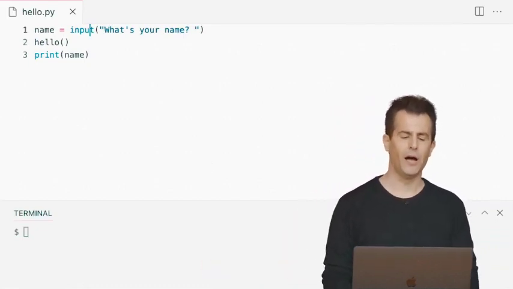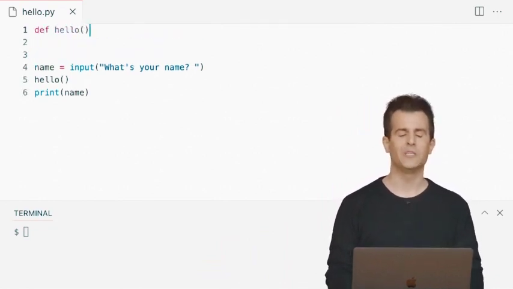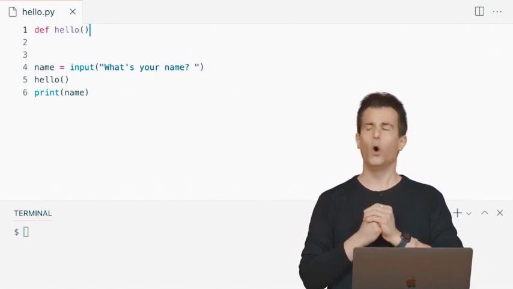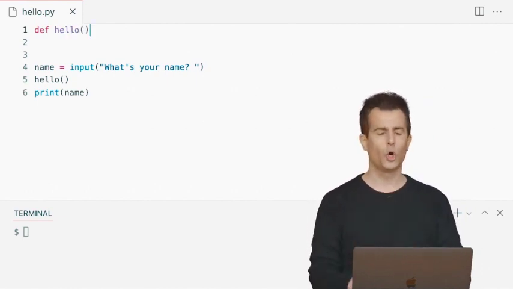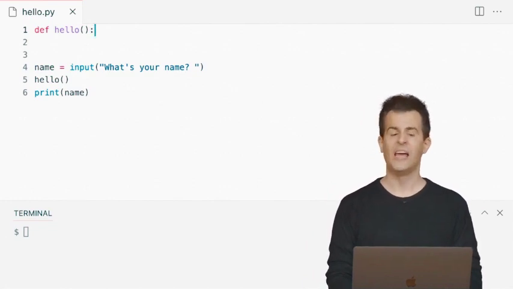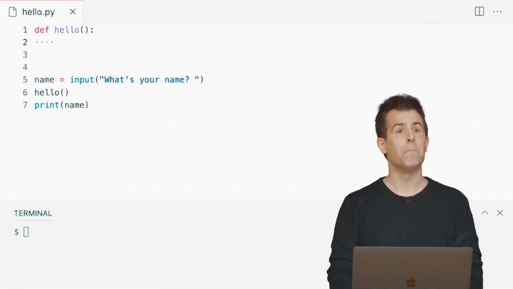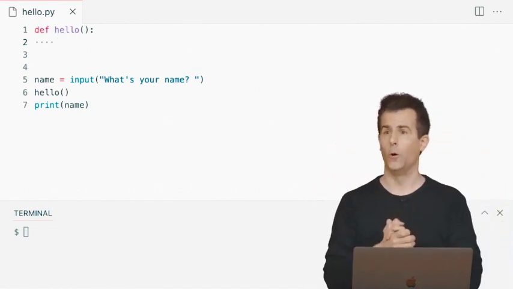At the very top of my file, I'm going to first take a moment to define a function called hello using def hello, open parenthesis, close parenthesis, colon. What this means now is that Python is going to treat every line of code that I indent underneath this one as the meaning of this new function hello.